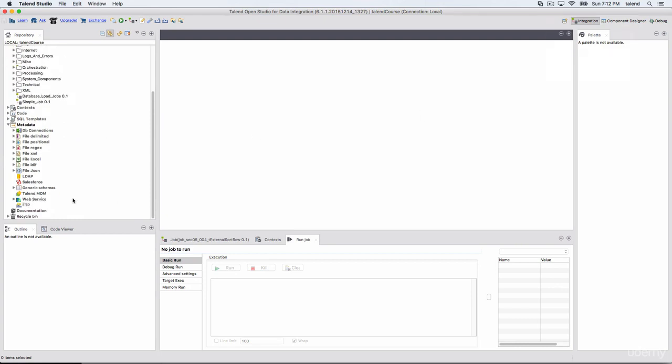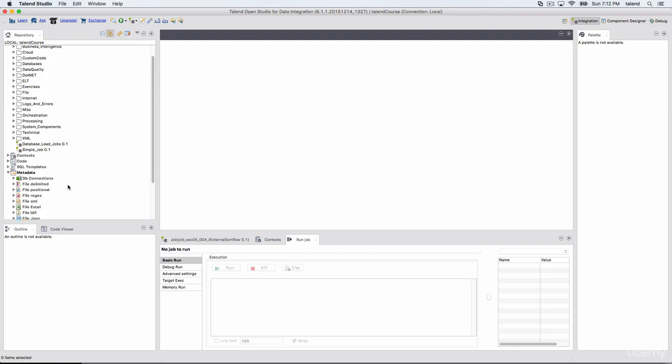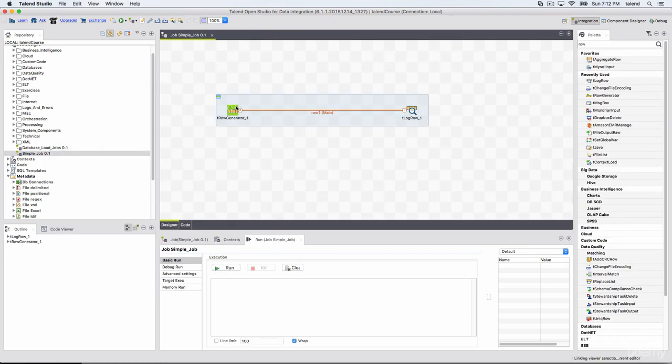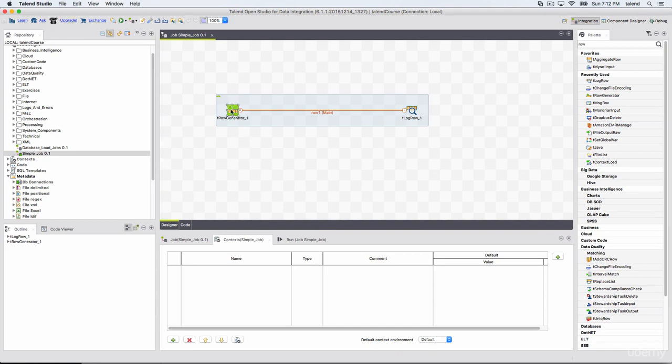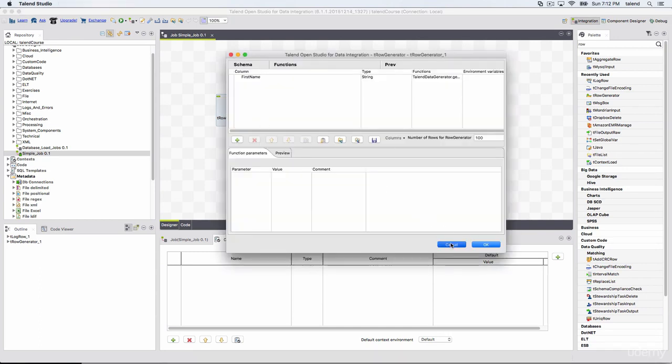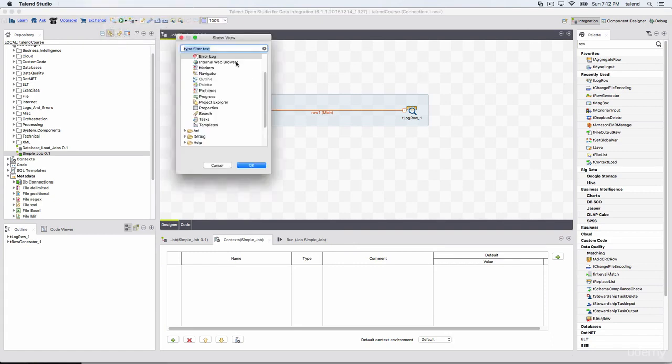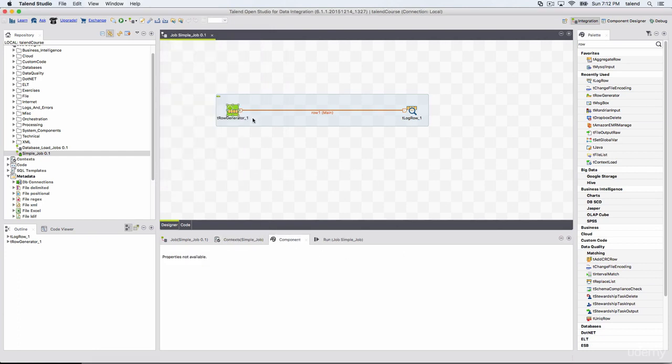Before ending this, let me explain how to create built-in schemas. Till now we have spoken about how to create a schema in metadata, but creating built-in schemas is simple. Whenever you create a job, that particular component has a schema which says built-in or repository.